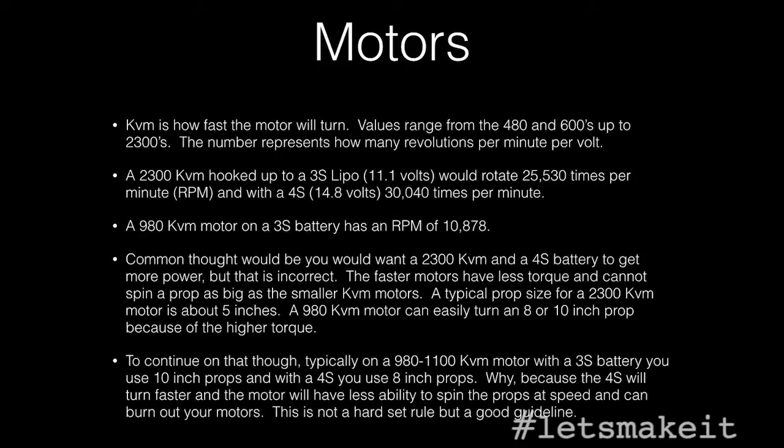So it's odd that the smaller quads have much faster motors than the larger ones, but we're going to explain why that is here in a little bit. Like I said, some of this seems kind of counterintuitive. So here's an example. A 2300 kV